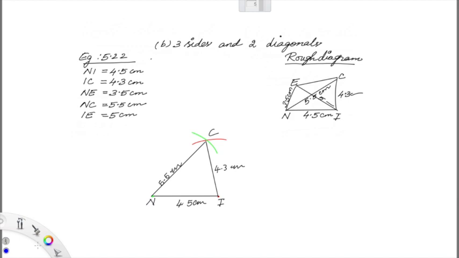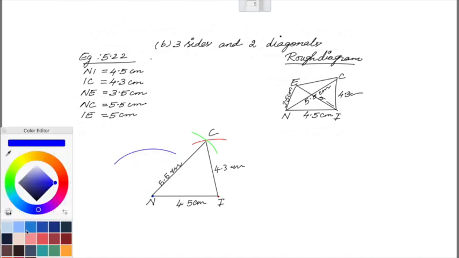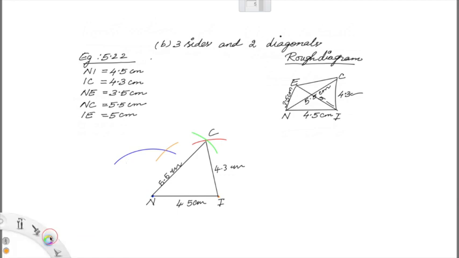So you take 3.5 centimeter in your compass, place it at N and cut an arc. Are you getting like this? And now take 5 centimeter in your compass, place it at I, and now cut the arc to the previous arc and name it as E. Join them. E, N,